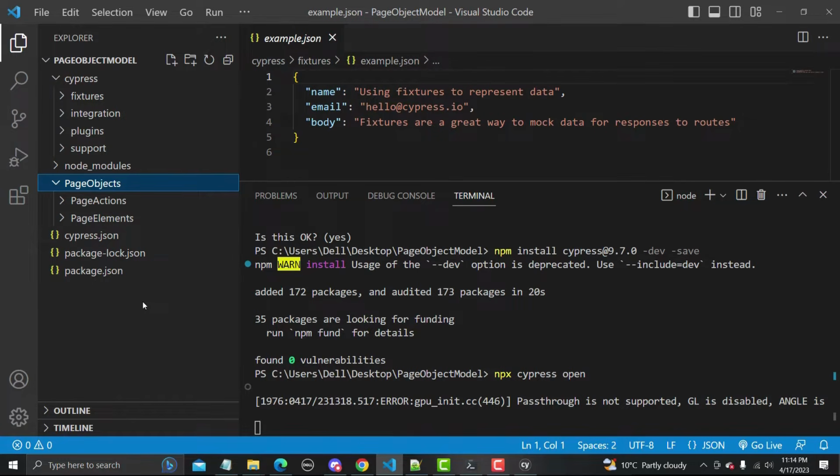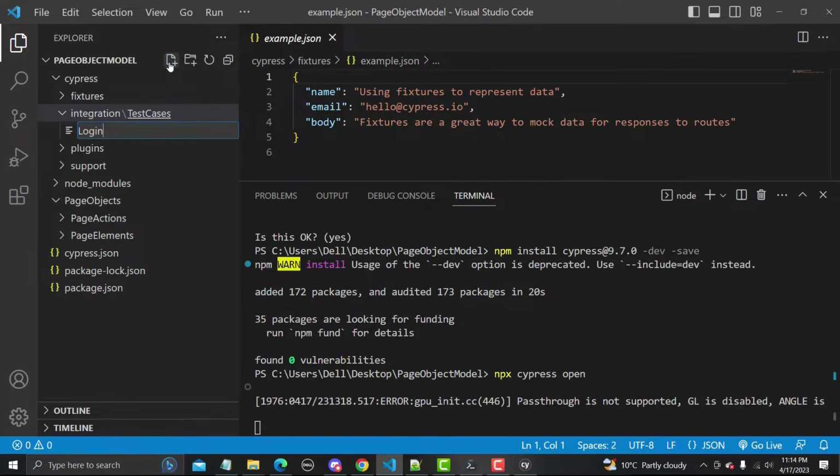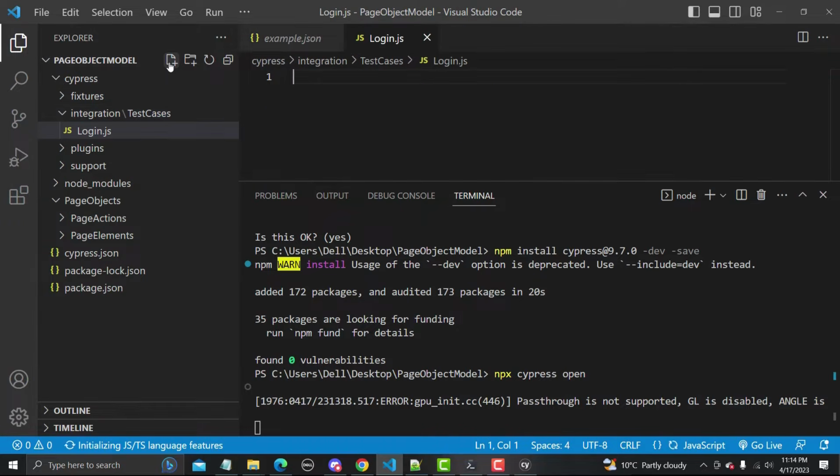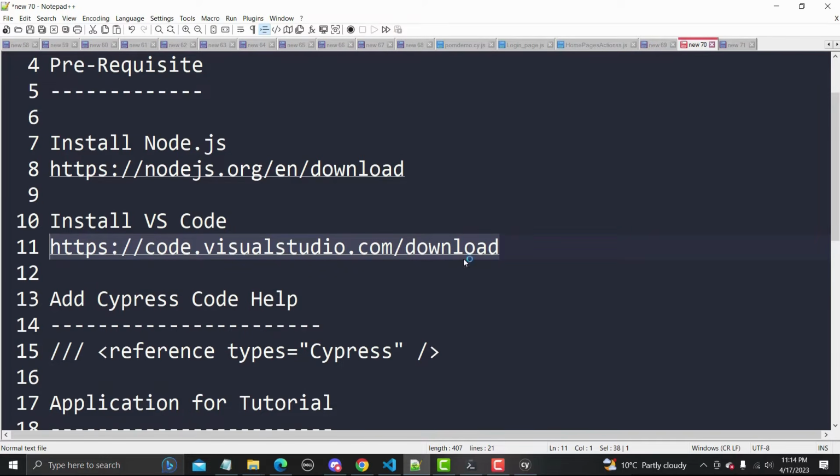So if you face a problem from here, you can directly go to your folder and create the folders accordingly, right? And now what I will do is simply create a very basic script inside this test case folder, and I will create a file, and I'm naming this file login.js. So let me go to my notepad here.